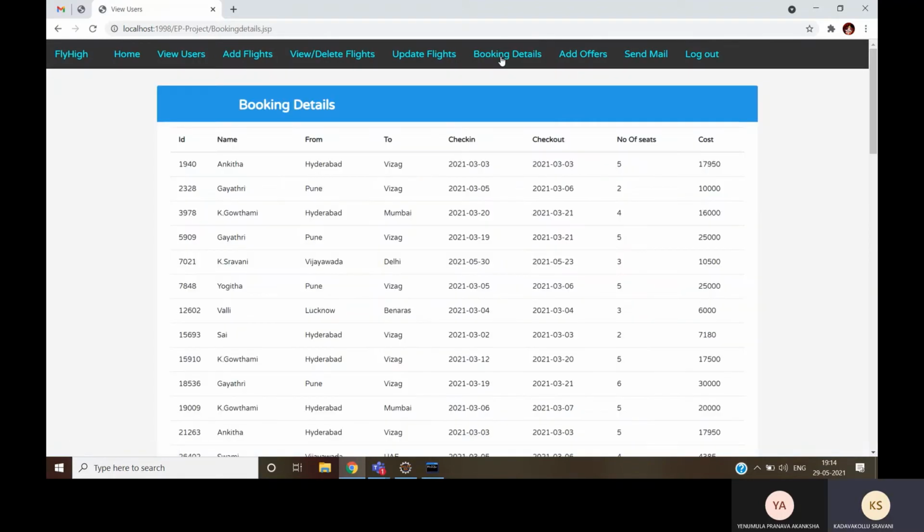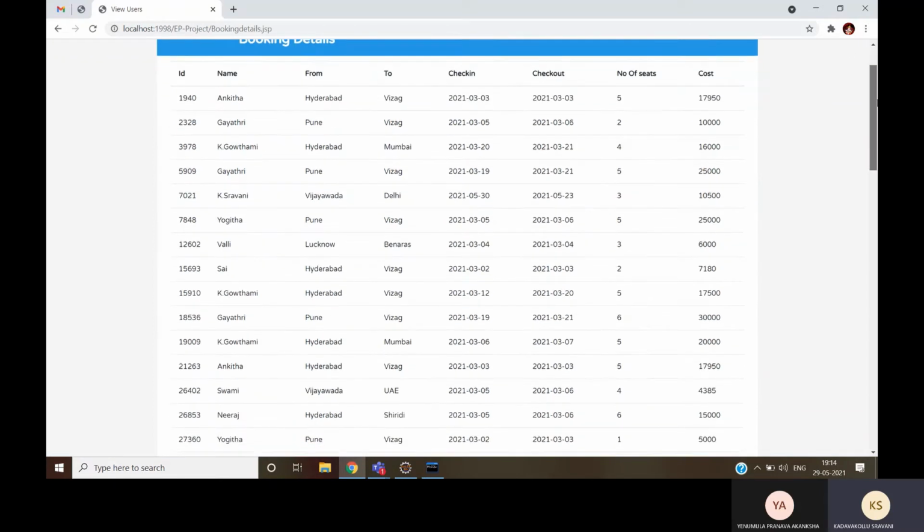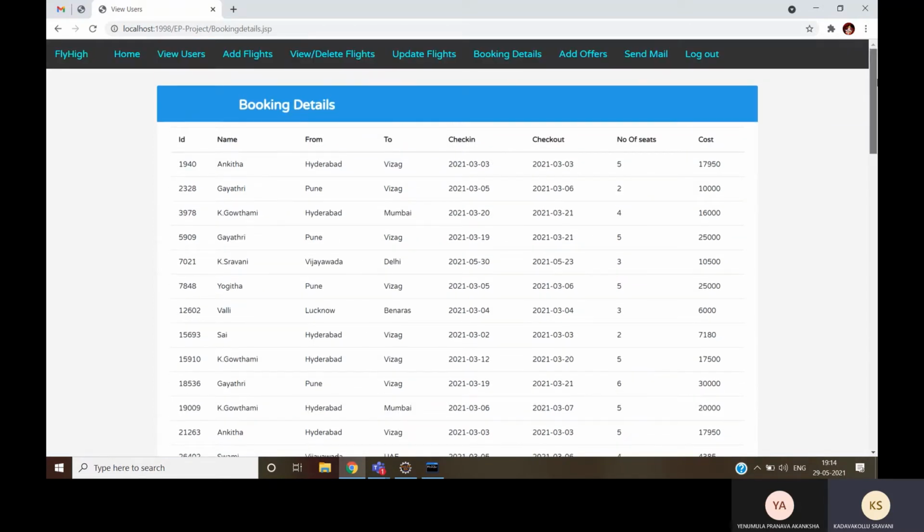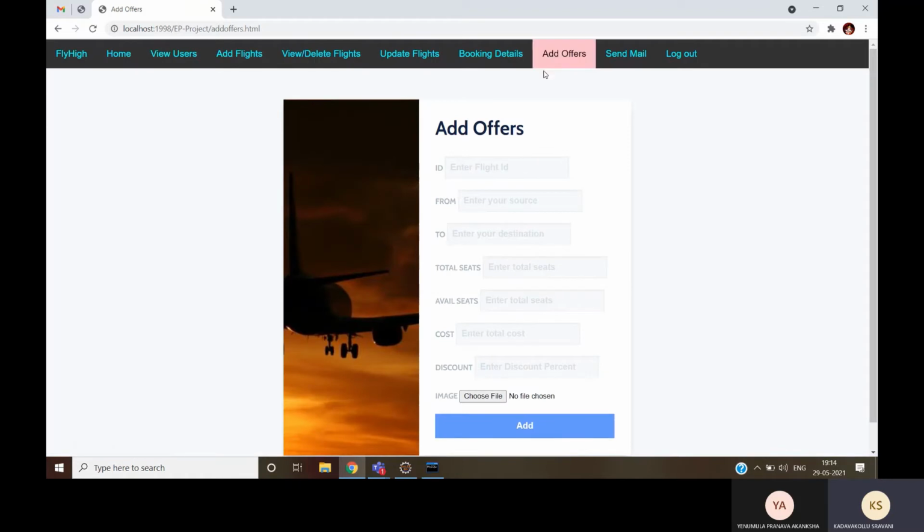And this is the booking details option. By using this we can see the users who booked their flights from our website. Next we will go for add offers, and this is the add offers page. I'm adding an offer.